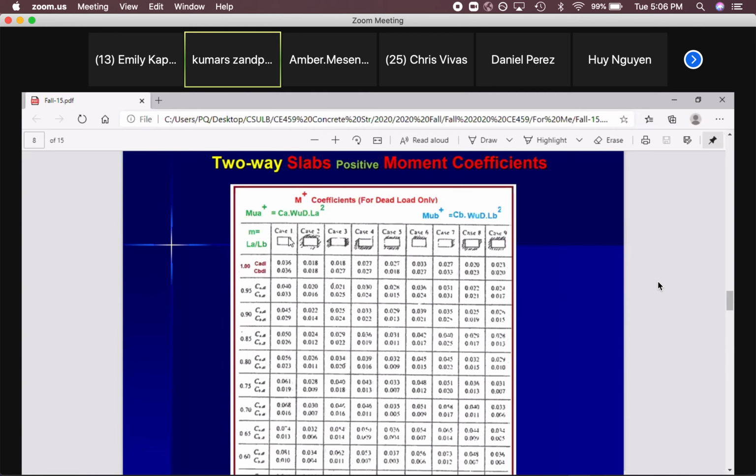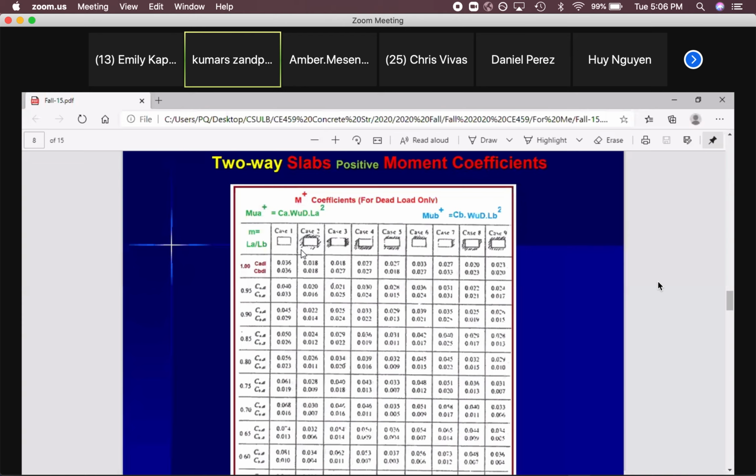Because LA divided by LB, you can see, is equal to 1 or less than 1. So it means that LA is the minimum side. And to make it more clear, if you can see any kind of shadow around the support,